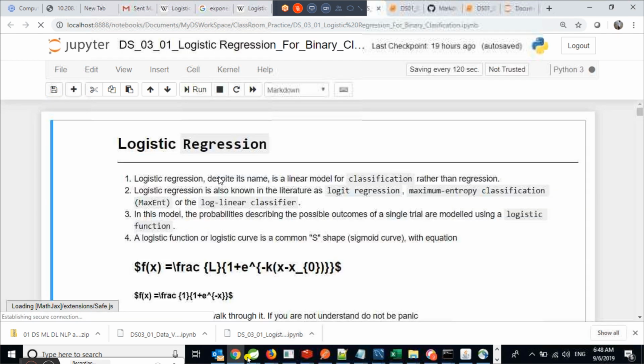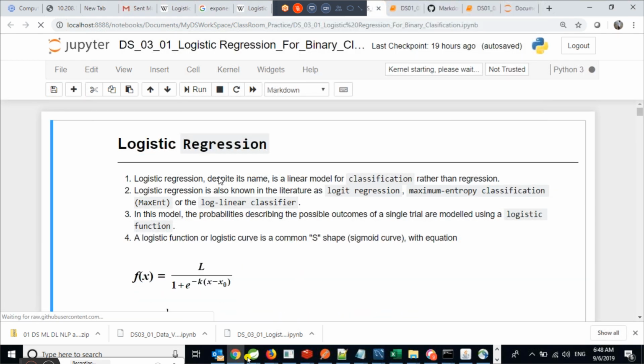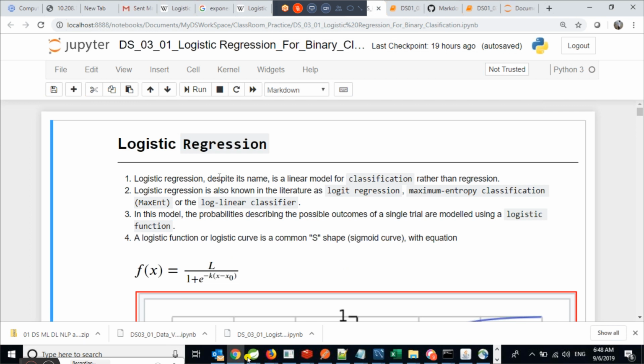So what is logistic regression? Coming to that point. What is logistic regression? Logistic regression, despite